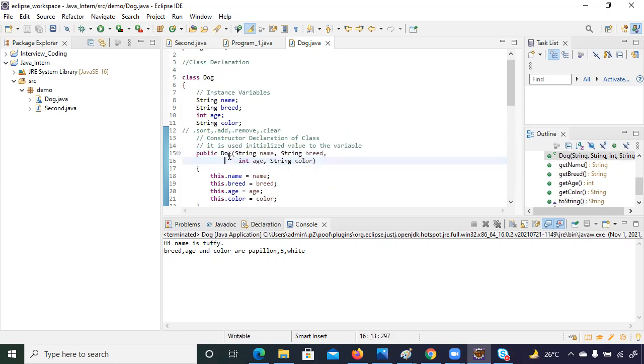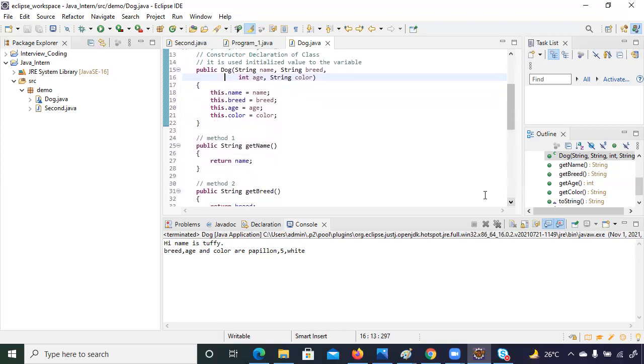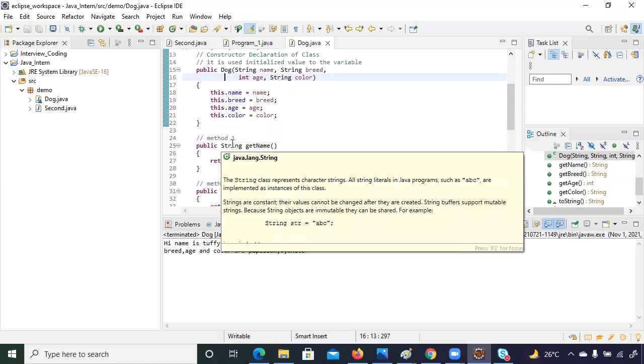And always remember, the constructor name is the same as the class name. Whenever you find anything inside the class whose name is the same as the class name, blindly you can say that it's a constructor whose work is to initialize a value to the variable. Once you create this, these are the several methods that we created.